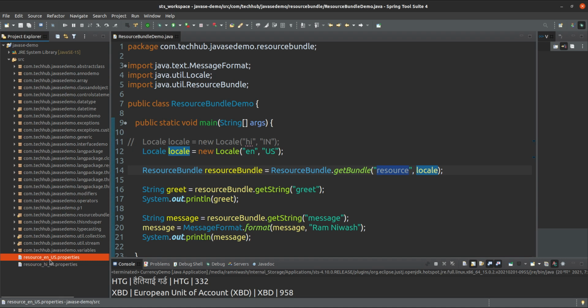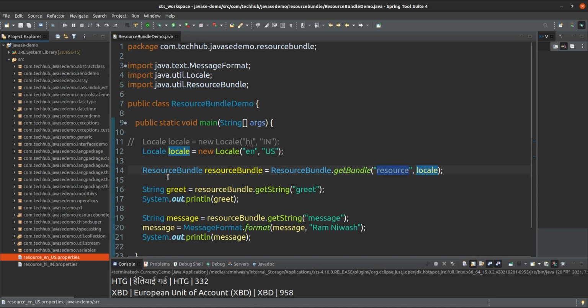After the language code, one underscore you have to give, and after this underscore you have to give the country code, and after this country code you have to give the file extension, that is .properties. So this is the extension of a .properties file, or you can say this is the naming convention for a resource bundle file.